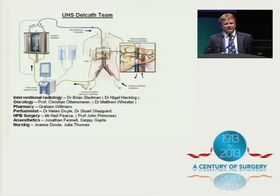So it needs a big team. This isn't just about an interventional radiologist. In our case, we have two, but predominantly it's Brian Steadman doing them. There's a big emphasis on multidisciplinary assessment beforehand, and Professor Christian Ottensmeyer is a melanoma oncologist, as is Matthew Wheater. You need the pharmacist, you need perfusionists to man the vena-venous bypass, you need a surgeon to eat the donuts, you need